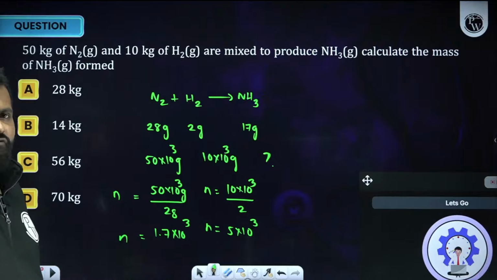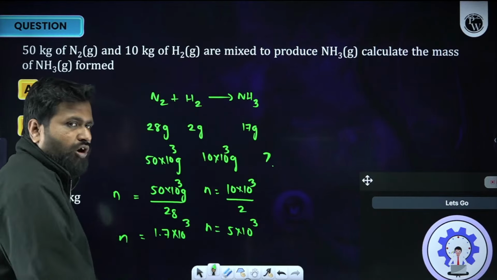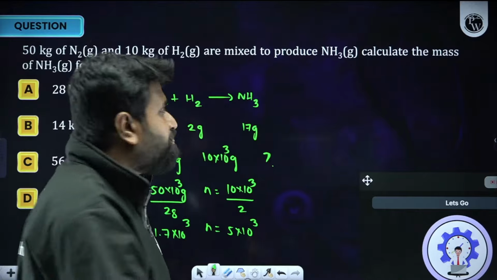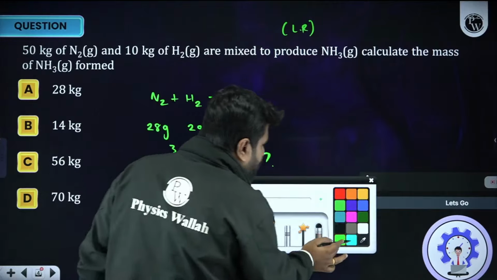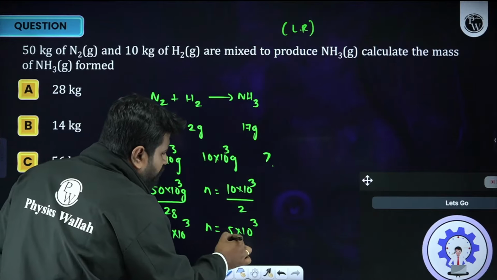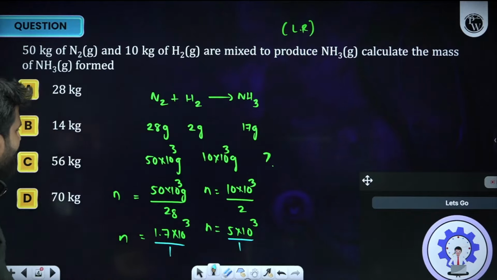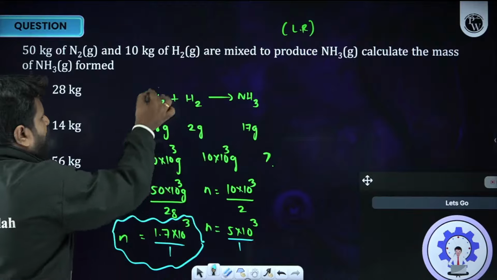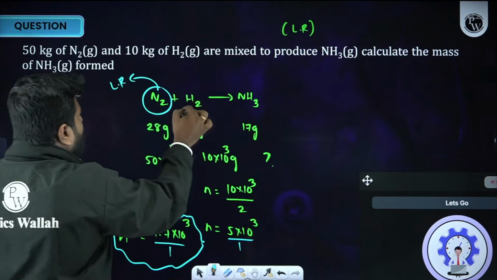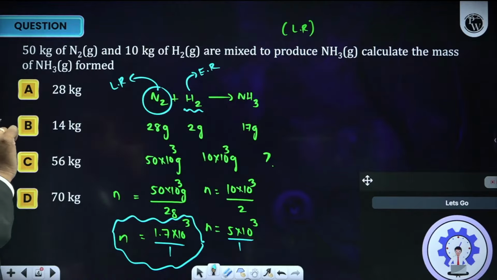Now, we know which reactants participate in the reaction, and at the same time we know their moles. The concept is based on the limiting reagent. What is the shortcut? I told you how to find the limiting reagent: number of moles divided by stoichiometric coefficient, 1 for each. Whichever is the smaller value, that is the limiting reagent. The larger value is the excess reagent. The amount of product formed depends on the limiting reagent only. So it is very simple now.